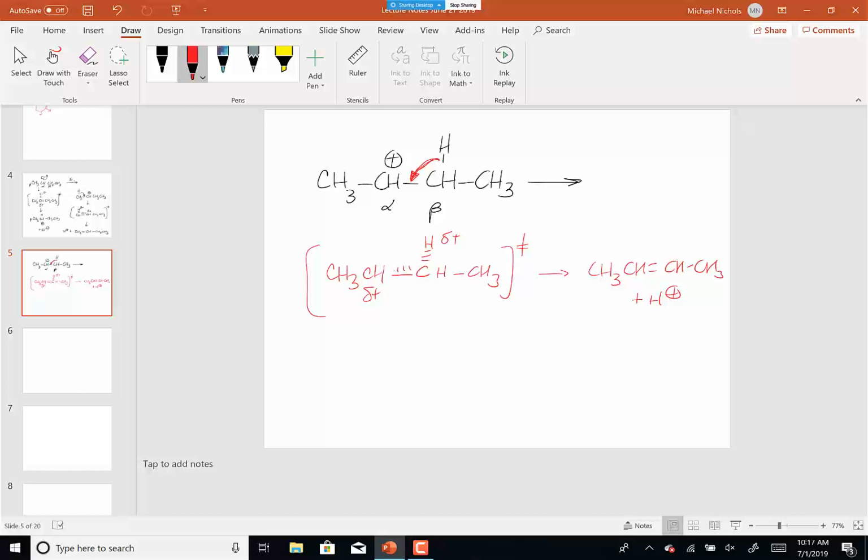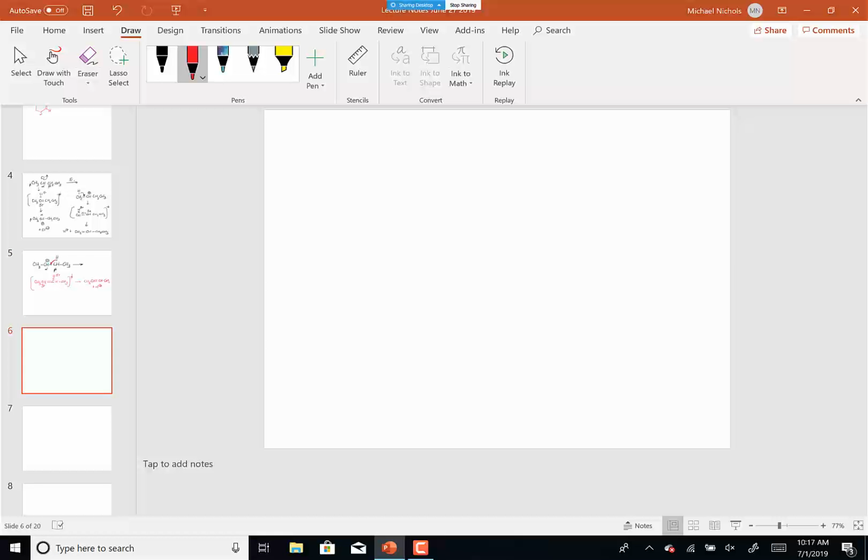So that's how we write the mechanism of E1. The problem is, as we talked about last Thursday, that if I'm going to do an E1 mechanism, in this case, I'm going to get two possible products. Now, just like you had to do today, in terms of writing the mechanism, but then also writing the products, you're always going to have to do that. You're always going to have to write the mechanism, you're always going to have to write the products, and so